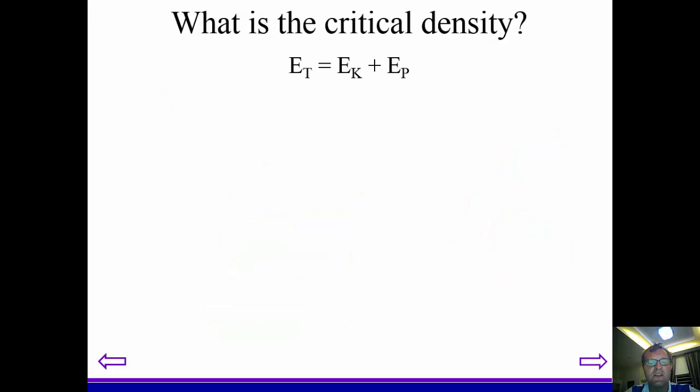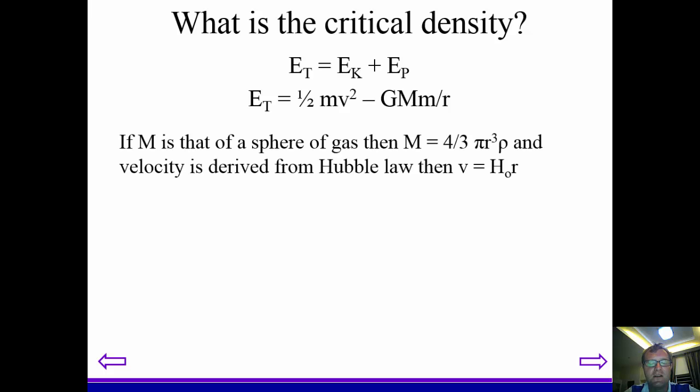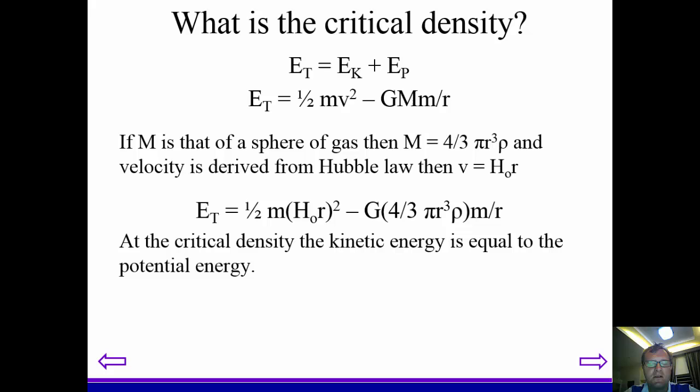As I said, the total energy of the universe should be equal to the kinetic energy and the potential energy. So putting in our known formulas for these, and then adding the assumption that the mass of the universe is similar to that of a sphere of gas, so it's 4/3 pi r cubed times the density, and the velocity can be derived from Hubble's law. If we substitute these values in, and we recognize the critical density is when the kinetic energy is going to be equal to the potential energy,